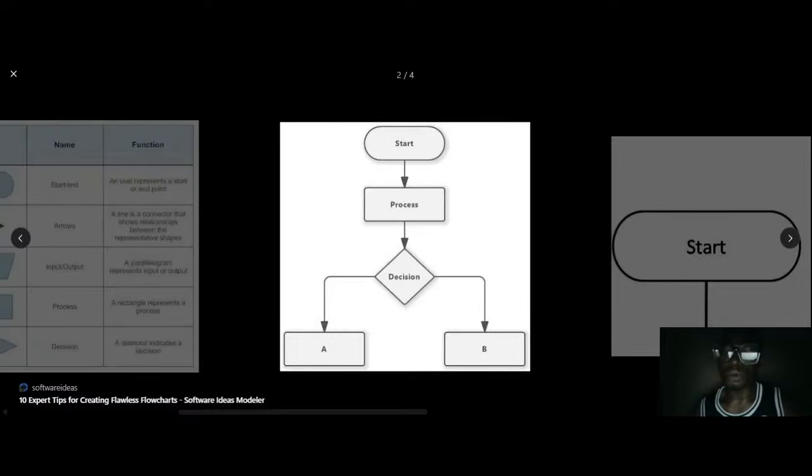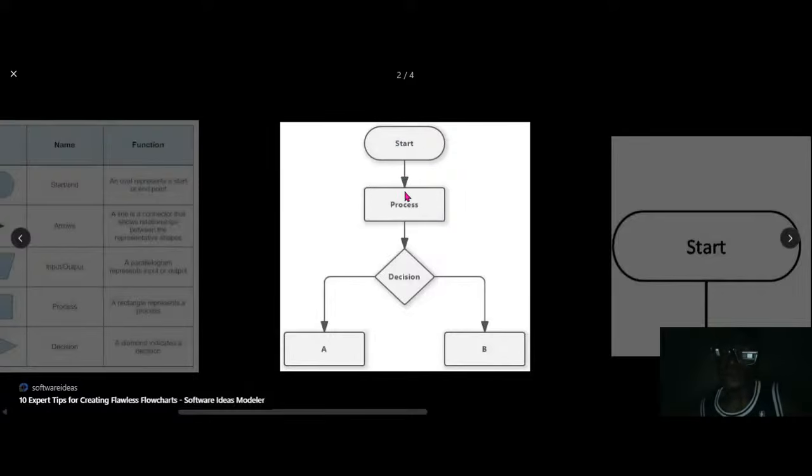The start, you can see the symbol. That is a complete flow chart. You can see it even on the screen I'm sharing. What you are seeing there is that we have the start, which is the oval, the terminal, which means start or stop. In this case, it is start.